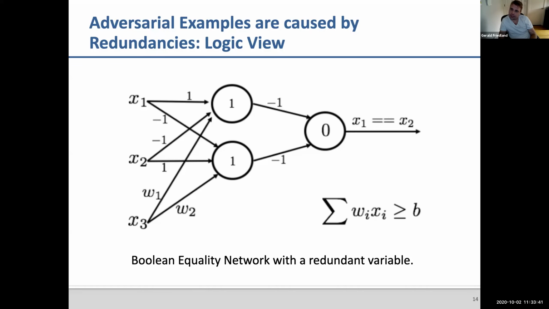But what I did to this network is I also added an x3. And that's an interesting thing, because what does x3 contribute to the problem? Nothing. We don't need x3 when we look at x1 equals x2, right? Just like we don't need the noise that is added in the picture when we want to see if it's a cat or a dog.